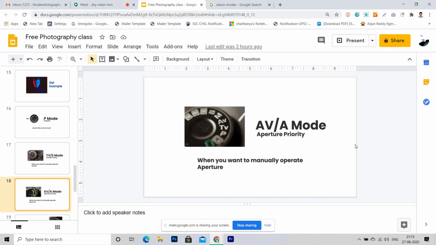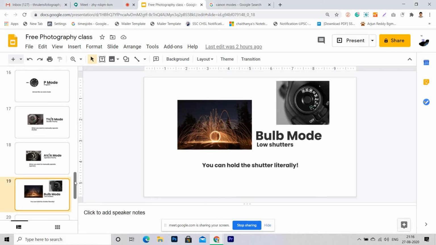So if, for example, you tried a lot and you feel that picture is coming little blurred or shaky, mostly this will come because of lower shutter speeds. So if you don't know how to use shutter speed, then best way to go for AV, so that only aperture you will decide, like you want to take only car or you want to take full with traffic. In that kind of scenario, this AV or A mode will be useful, which we call aperture priority mode. So let's talk about bulb mode.